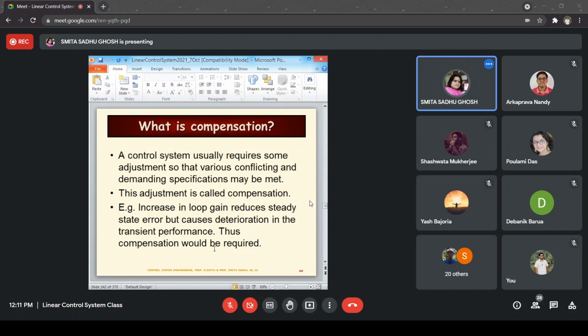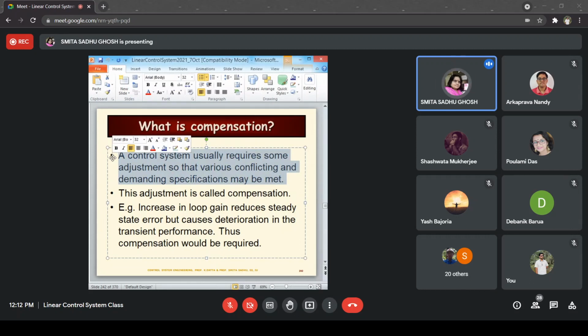Now, what is compensation? A control system usually requires some adjustment so that various conflicting, demanding specifications may be met. We have already spoken about this when we did the preliminaries regarding PID controller design. Over there, I showed you with the help of a second order system that the system requirements often lead to contradictions, meaning conflicting requirements which may not be possible to meet by using the system by itself. So what is required is some external components,